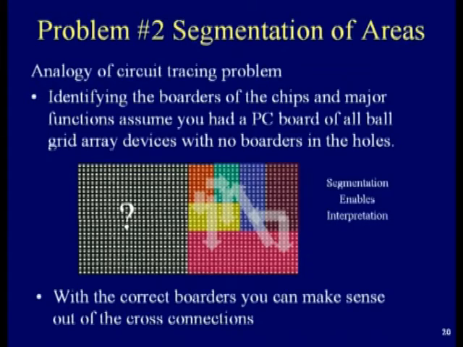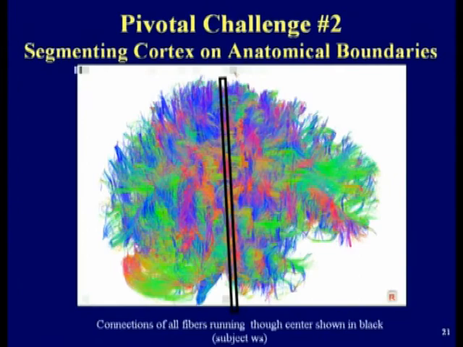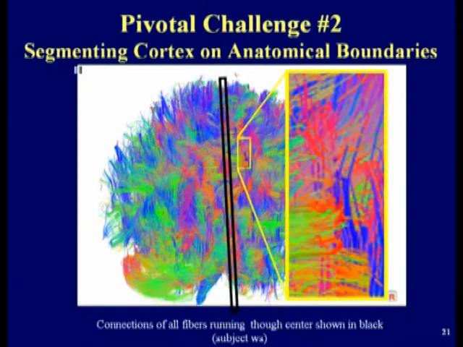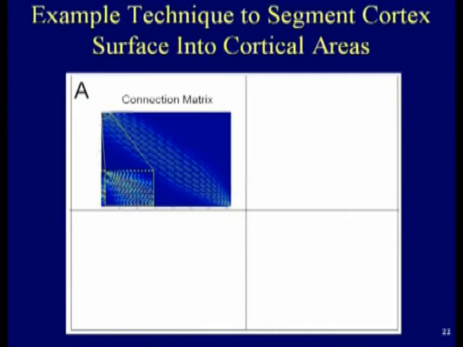So this is an illustration of my brain, and if one looks in, it looks like just a mess of fibers connecting within that system. So to do this, one needs techniques to segment it, and this is a technique we have been using as an illustration. So you start with a connection matrix. That is, of all